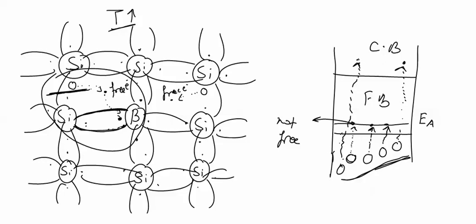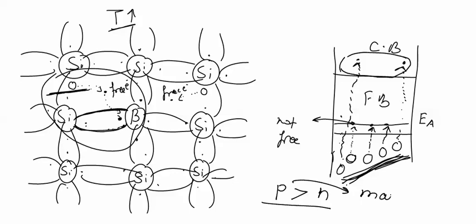In p-type semiconductor, at increased temperature, there are some electrons in the conduction band. These electrons can take part in conduction, and there are some holes in the valence band that can take part in conduction. In p-type semiconductor, the hole concentration in the valence band is far greater than the electron concentration in the conduction band. Hence we can say that in p-type semiconductor, majority charge carriers will be holes and minority charge carriers will be electrons.